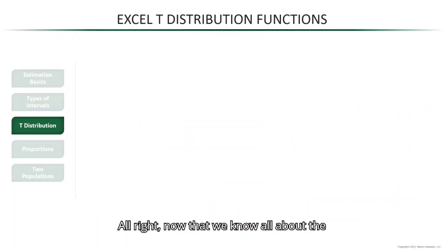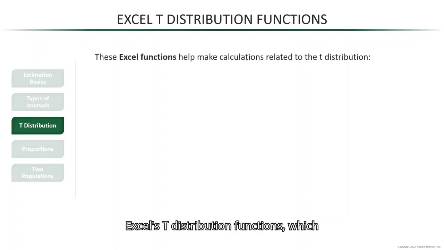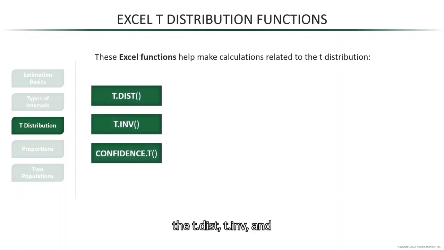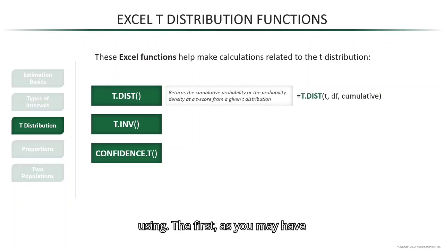Alright, now that we know all about the t-distribution and how similar it is to the z-distribution, time to introduce Excel's t-distribution functions, which will also look familiar. We have the t.dist, t.inv, and confidence.t functions that we'll be using. The first, as you may have guessed, returns the cumulative probability or probability density at a t-score from a given t-distribution. So in the arguments, you specify the t-score, the degrees of freedom for the t-distribution that you'll be using,